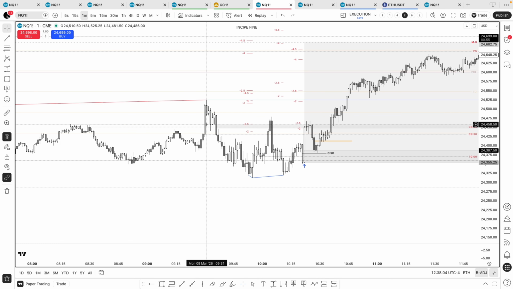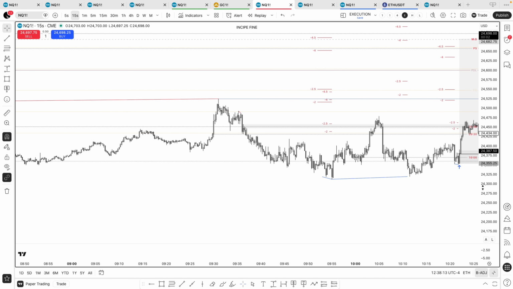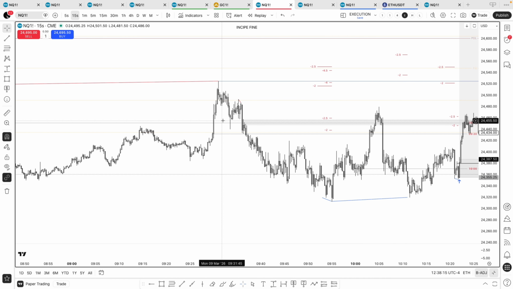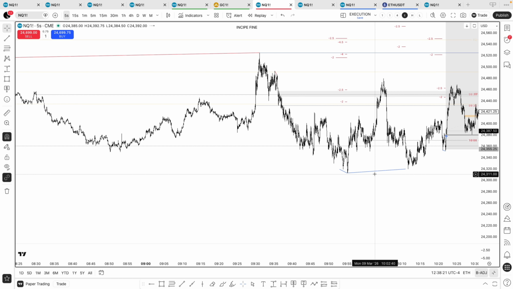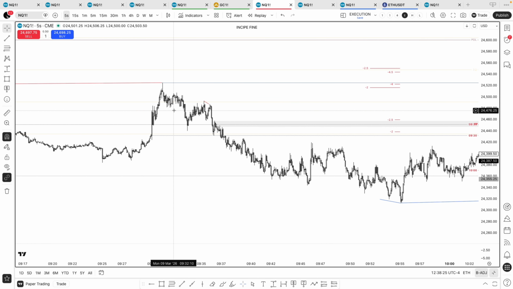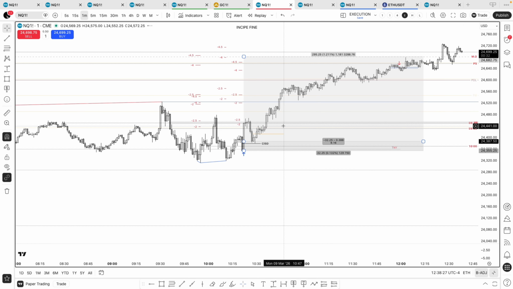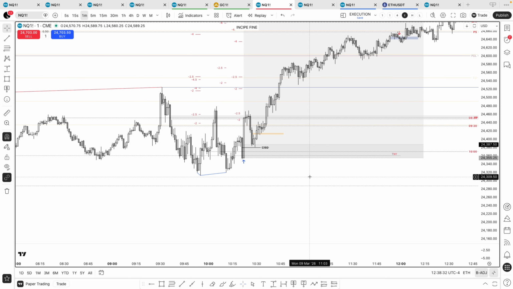There also wasn't sufficient framework in order to look for shorts within this segment of price action right here. So dropping down into the 15-second, the price action wasn't all that clean. There was simply no framework that I'd seen that was okay for me to say, let me participate in this short move, even on a 5-second as well. No sufficient framework. So we end up having that deliverance down towards sell side,